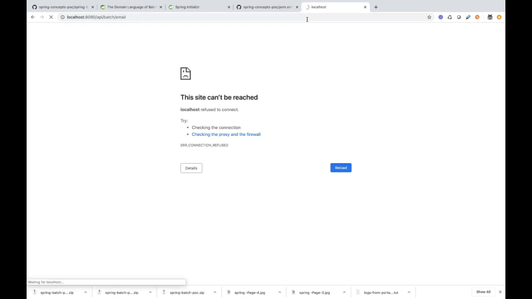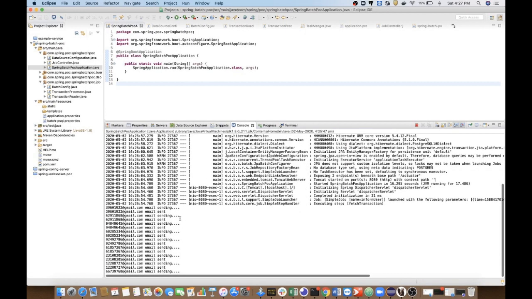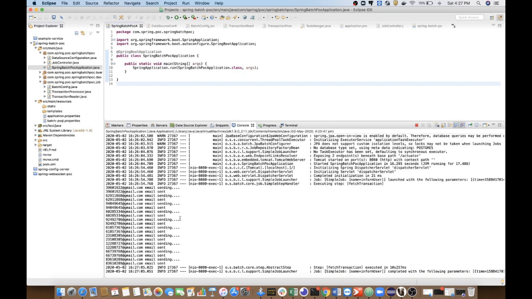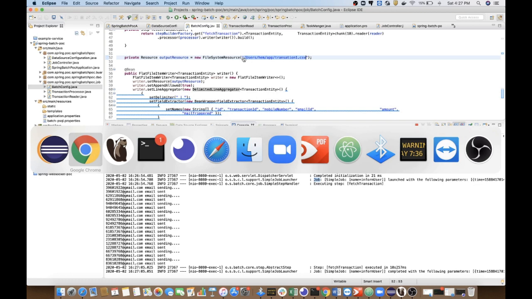So let's hit the API and see what the outcome is. Here I have triggered the API, and in the log, what do we have? The email has started triggering on the email ID which is captured here. We have read the entries from the database and started to process the data, and at the end we have written it to a file source. So let's check whether the file is there or not. Let's open the batch config and check the path. Okay, this is the path.